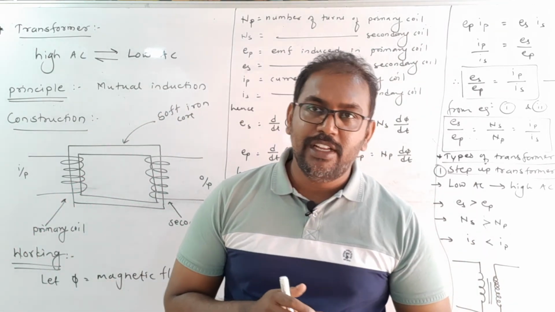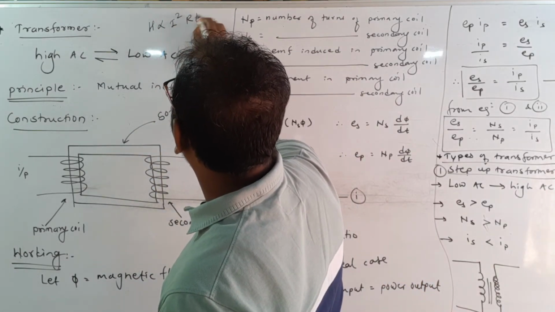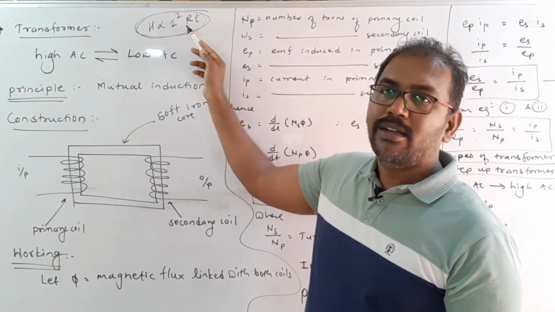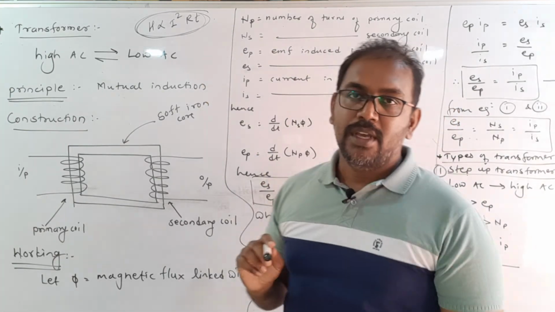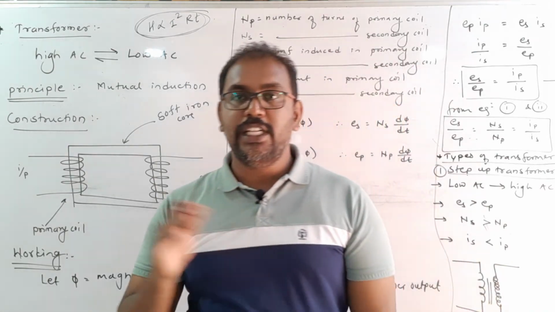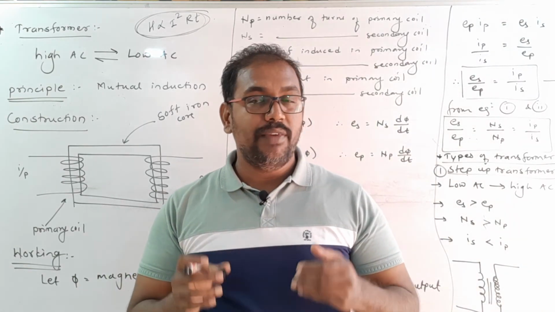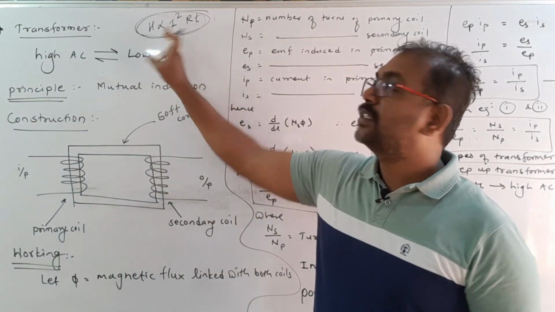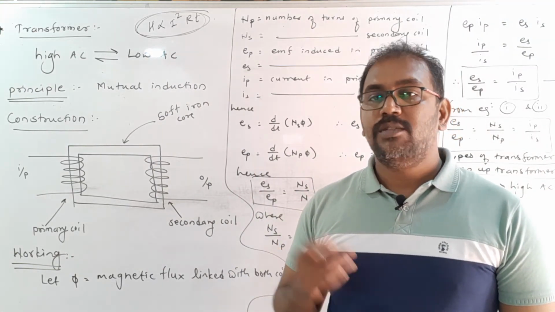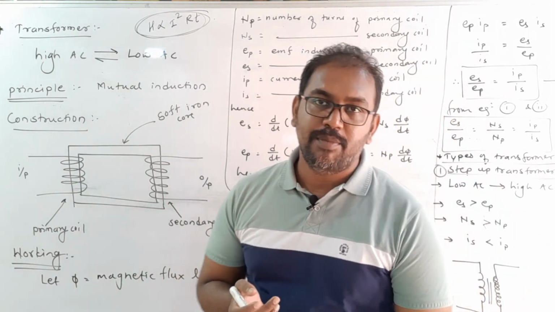In a previous standard you already learned about heat produced in a conductor. Heat produced depends on I square RT. This is Joule's law. So heat produced depends on current squared multiplied by resistance and time. So when electricity is passed from one city to another city, we increase the voltage in the step up transformer but decrease the current. As we decrease the current, the heat produced is also less. So it is beneficial to decrease the current, and that is why we decrease the current in the step up transformer.